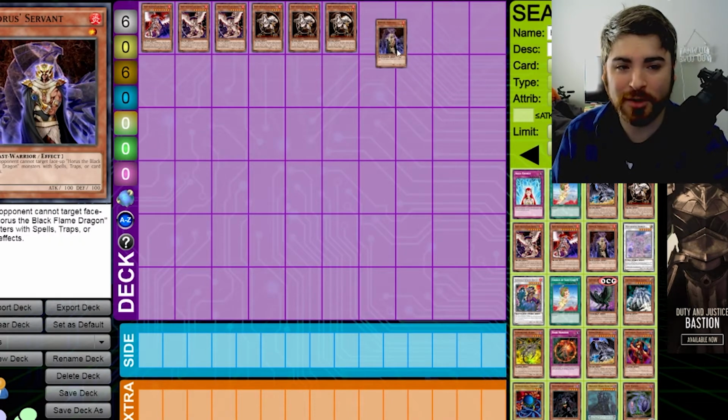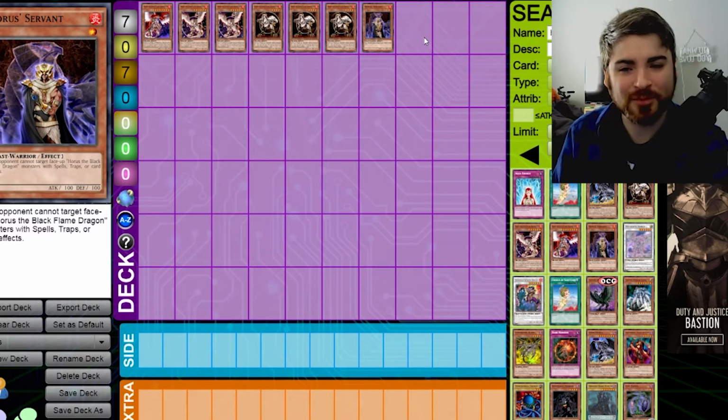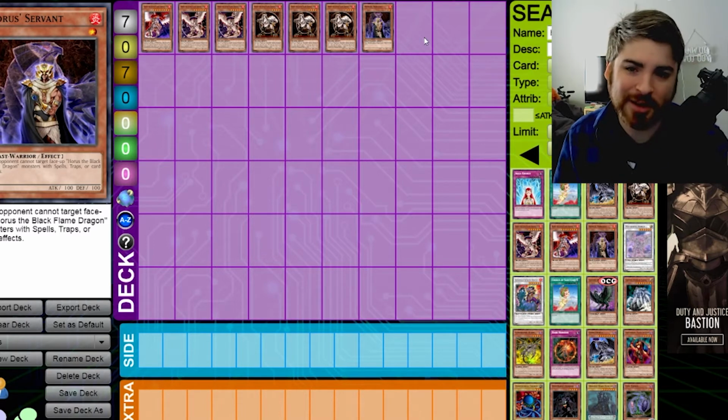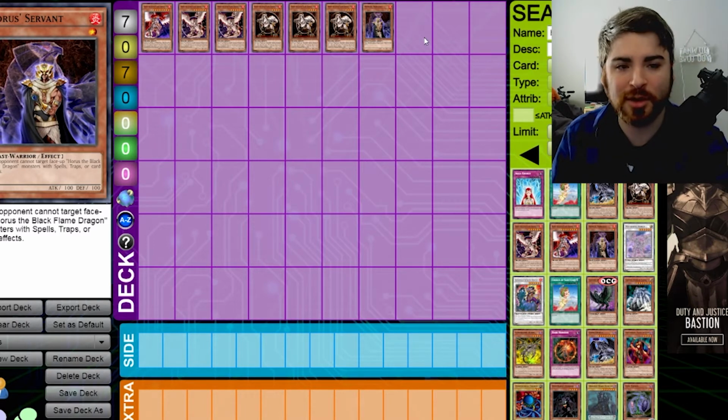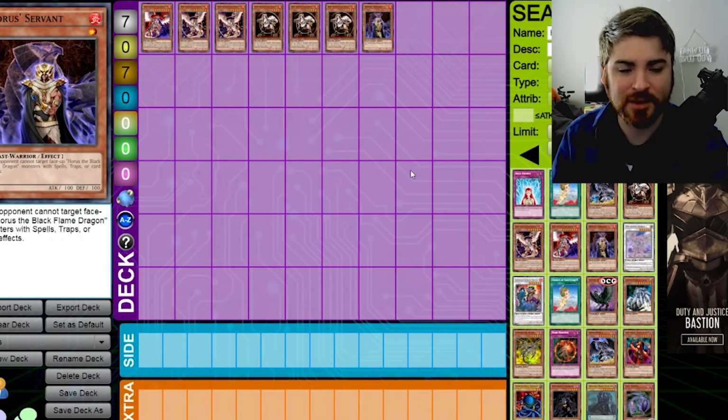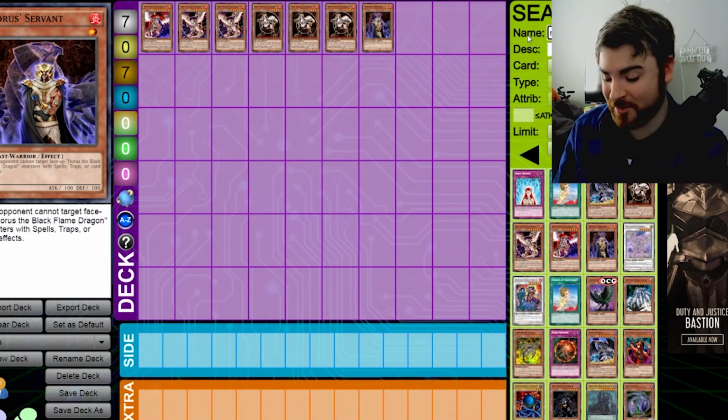I am going to run 1 Horus' Servant. I know what you're thinking, don't run him, but it's a Horus deck. You wouldn't run him at all in any modern variation of the deck, so might as well go in the classic mode with a Horus' Servant. You can use him for a 1 turn, just summon him. Your opponent cannot target any of the Horus monsters with spell, traps or card effects. And then you can also actually use him with